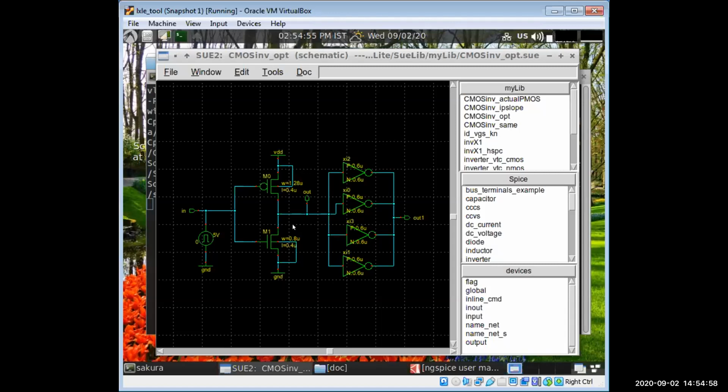You can also see by calculating it. We have seen in the previous theory class, we can calculate the beta optimization ratio and see with which sizes of the transistors we are getting beta as 1.6 or 1.9. At that point, TP will be the minimum.